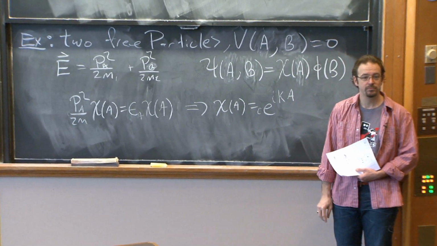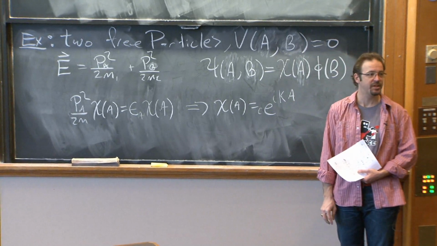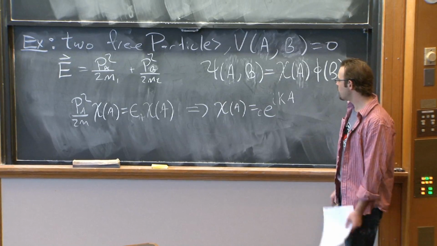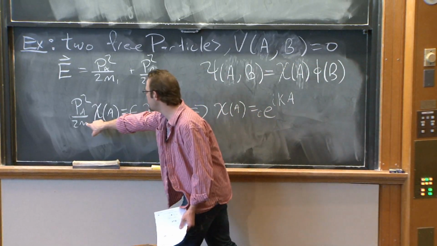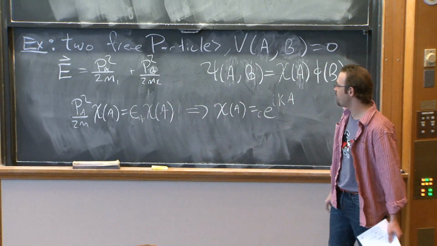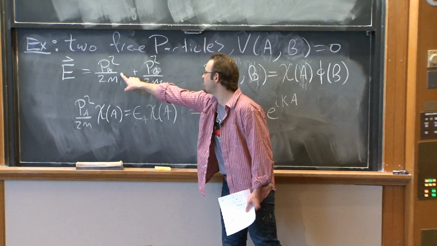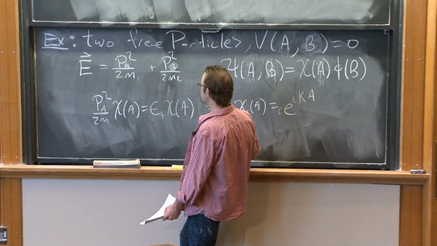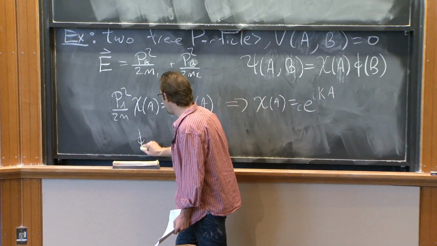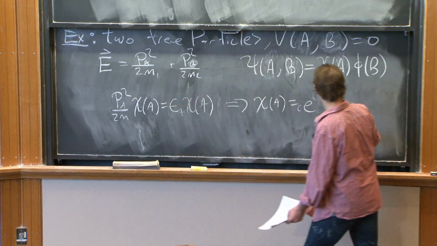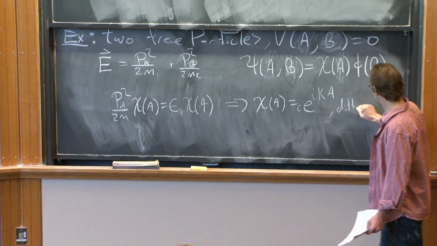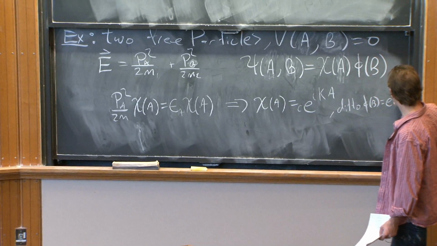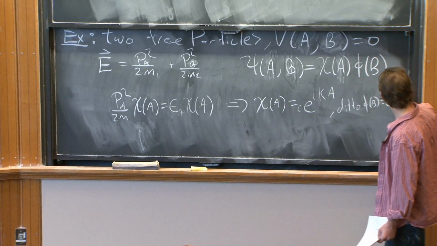Recall that A is just replacing x1. So it's just the position. So this is just saying that the solution to a single free particle is a plane wave. And because this is just the sum of the momenta squared, we can separate the equation. And the same thing obtains for psi. So similarly for phi, ditto, phi of B is equal to e to the I k sub B,